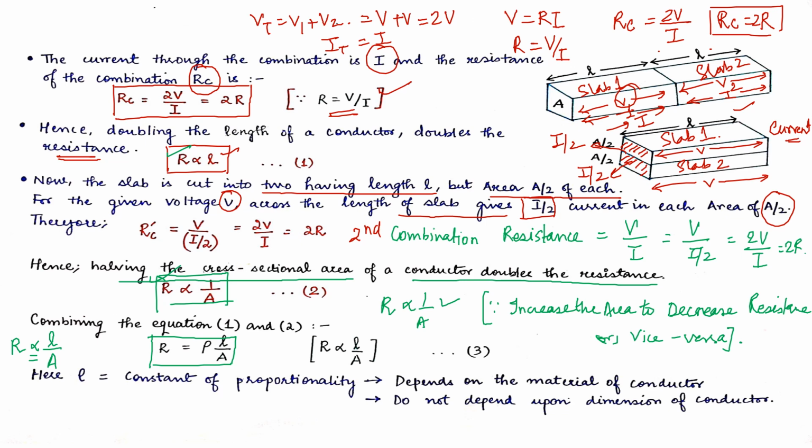Okay. Now, what is rho? Rho is the constant of proportionality, which depends upon the material of the conductor and does not depend upon the dimension of the conductor. See, what we have seen in the previous slide was that R is proportional, or we can say R is dependent